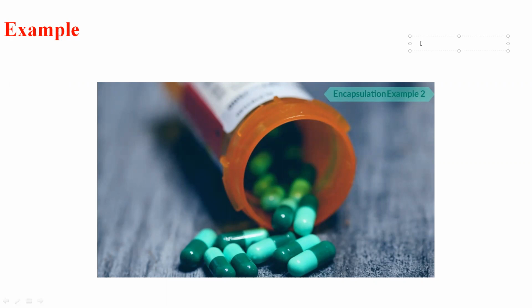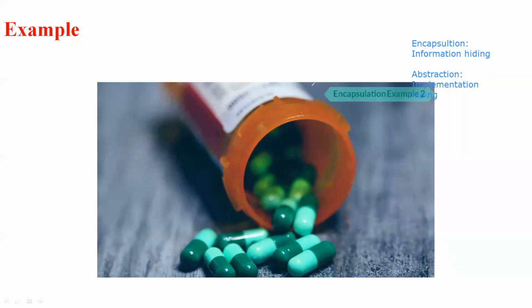What do you mean by that? Encapsulation is just information hiding. So information hiding is nothing but encapsulation, whereas abstraction is implementation hiding, hiding the implementation details or hiding the complexities. So encapsulation is an information hiding process, whereas abstraction is an implementation hiding process. So this is about the abstraction as well as the encapsulation process.